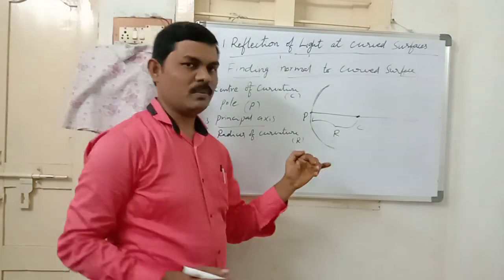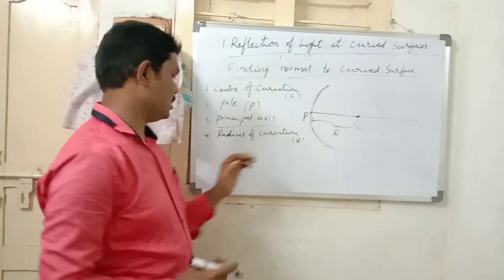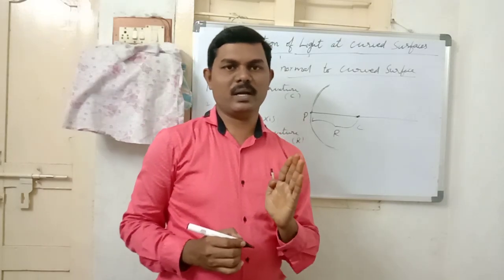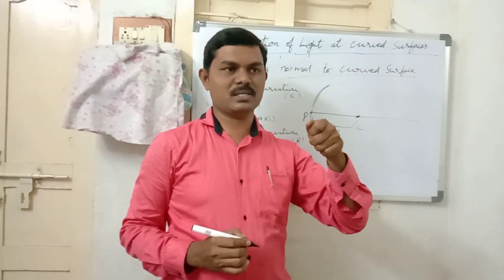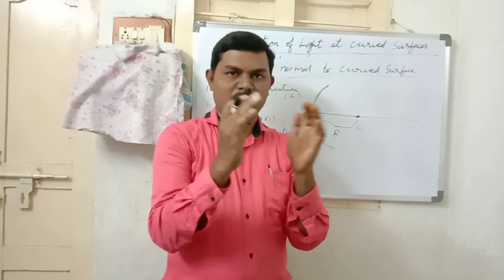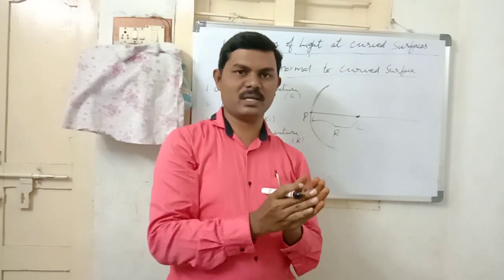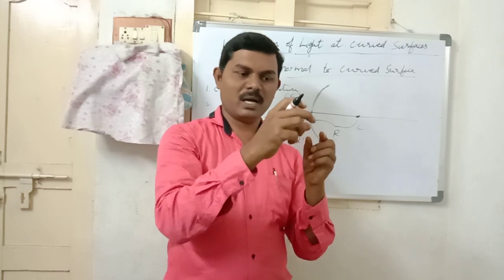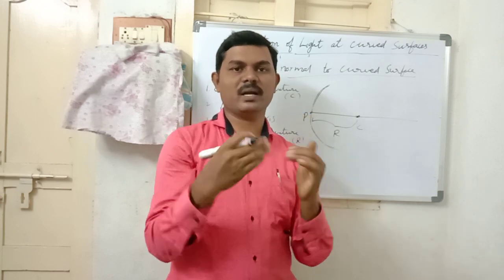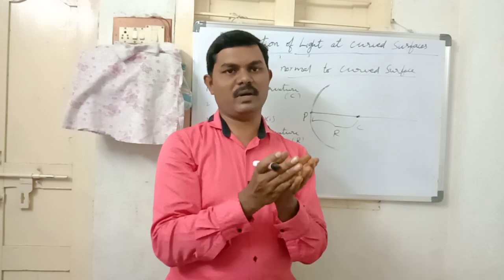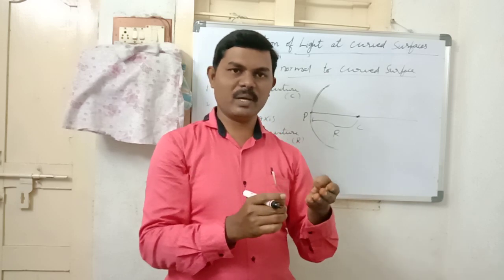And then suppose you want to find out some more. Suppose you take one concave mirror and place it under the sunlight, like a magnifying glass. Then all the sun rays will pass parallel to the principal axis and they will converge at one point. That means you will get the image of the sun, the brightest spot, on a white sheet of paper. So you can burn the paper also.